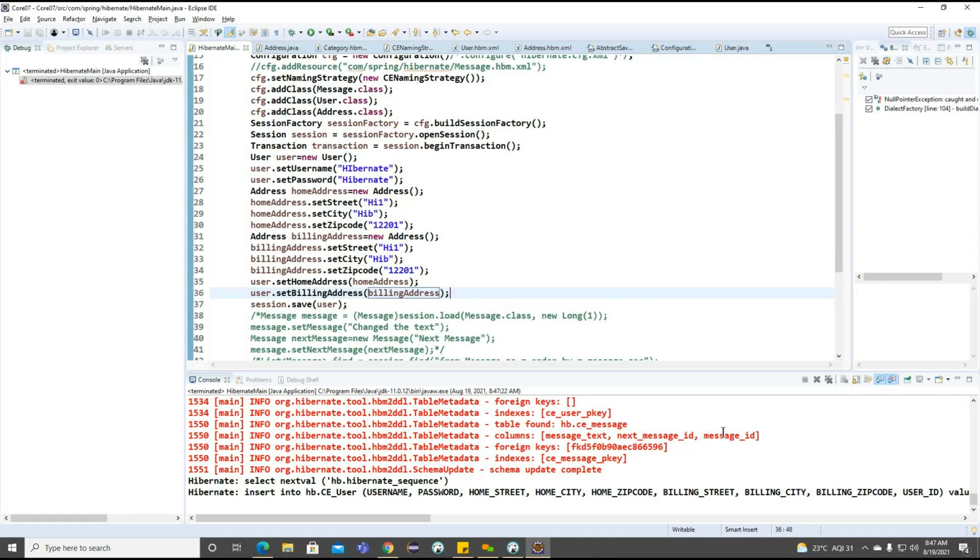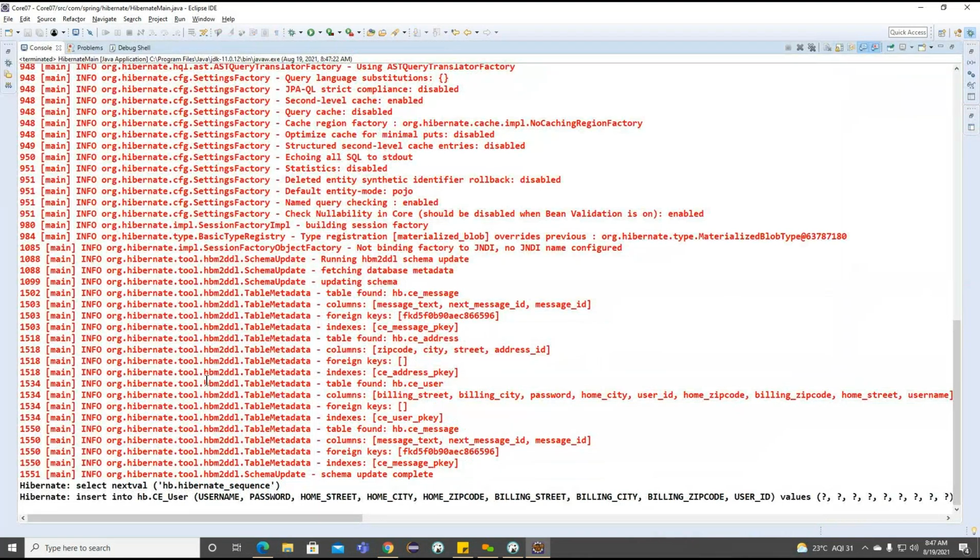So the data is inserted user table here. Now, first we need to check information. What are the information we can found here? So table is created, CE underscore message, and the schema also we are getting. And these are the indexes they are creating here.